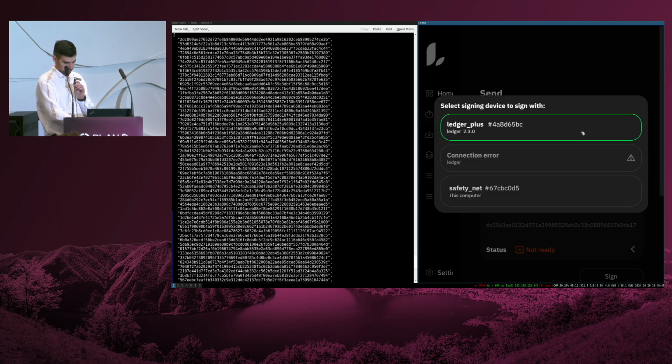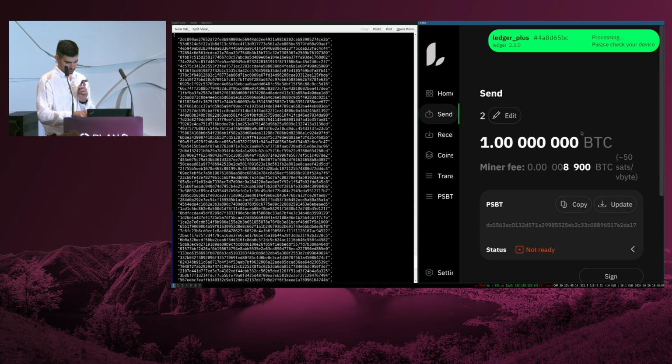Yes. So this device is processing. It tells you it's spending from your Liana account, with the name. It knows the wallet because I registered the descriptor. Continue. It gives me the output. I see the amount.